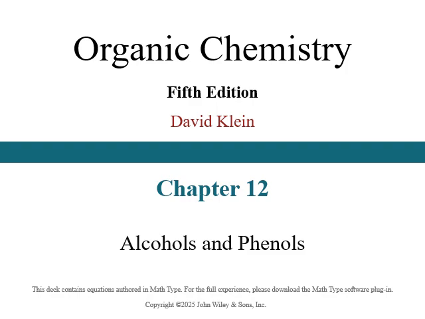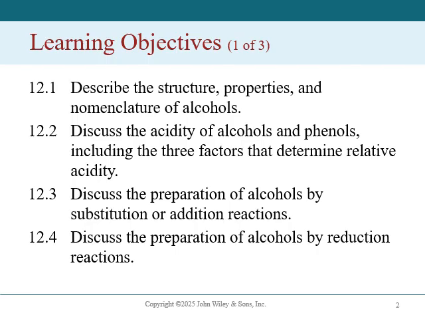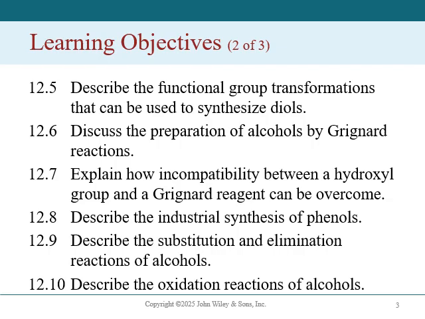Hello, in this chapter 12, we will be discussing alcohols and phenols. Some of our learning objectives include to describe the structure, properties, and nomenclature of alcohols, discuss their acidity, including three factors that determine relative acidity, discuss the preparation of alcohols by reduction, functional group transformations that can be used to synthesize diols, Grignard reactions, explain how incompatibility between hydroxyl group and a Grignard reagent can be overcome,